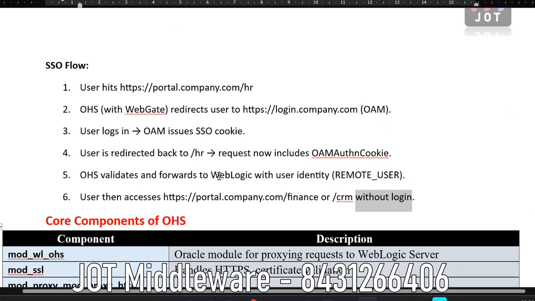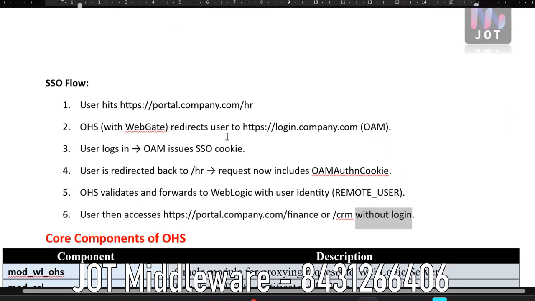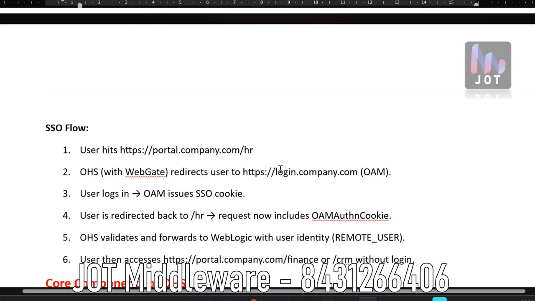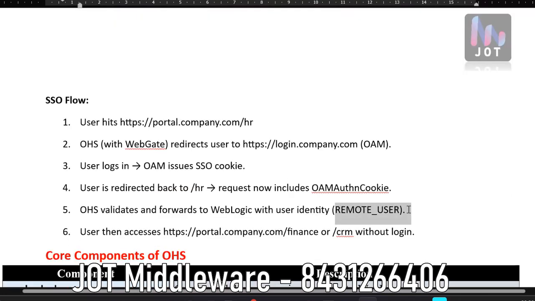So this is the entire flow in a real-time environment like enterprise applications. So you will get token for any one application access with a proper login credentials, and your request header will be added with remote user flag